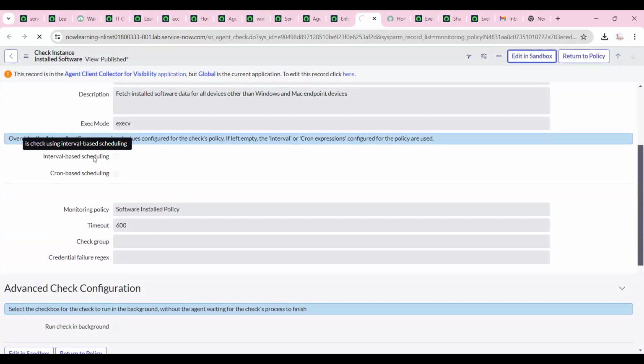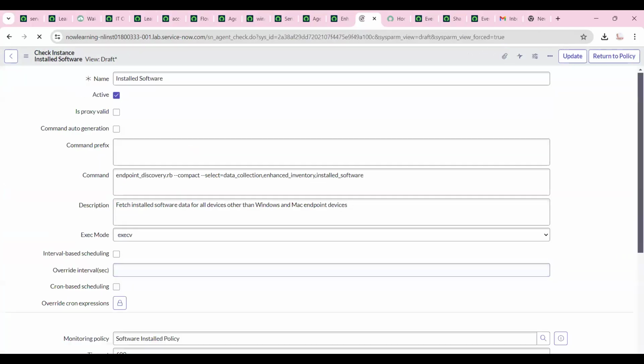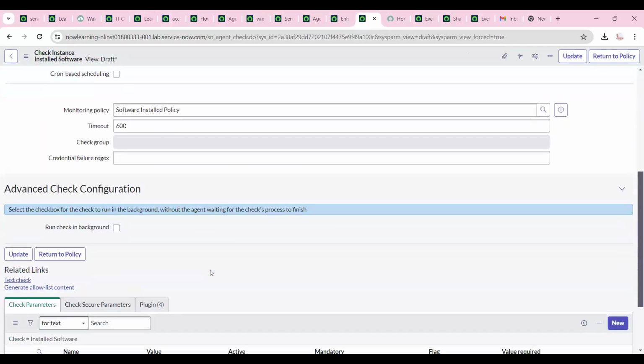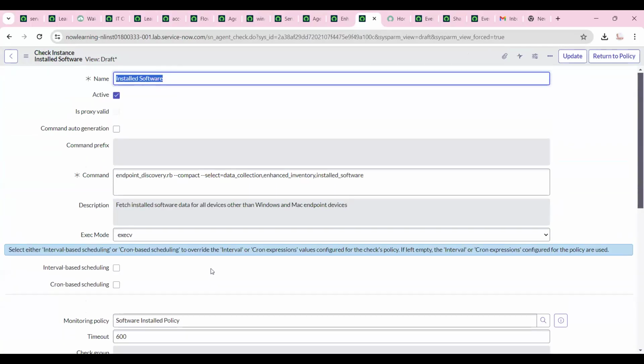What is that edit in sandbox means? What is that, sir? Proceed. Wait, I'm just seeing that. I haven't tested anything. Okay, I will explain that to you. Before that, I have to go to